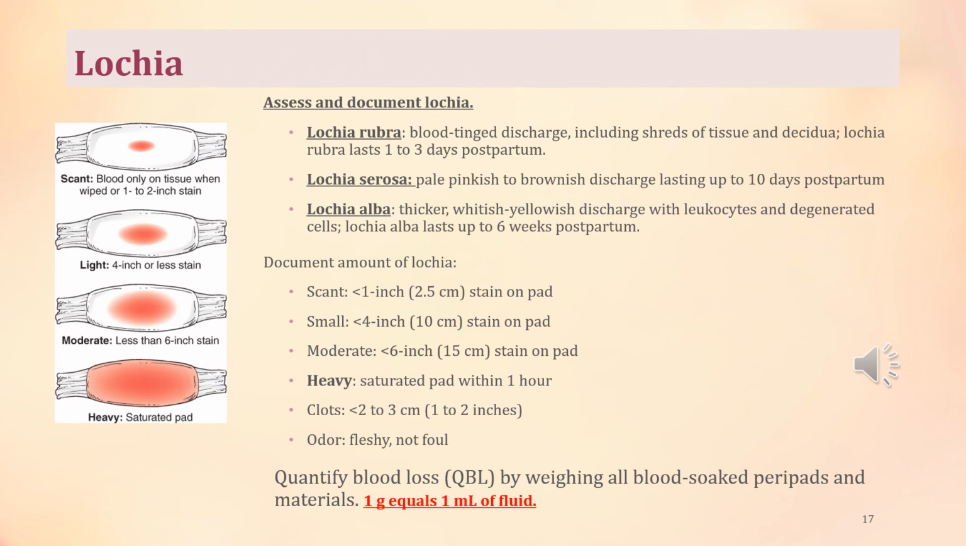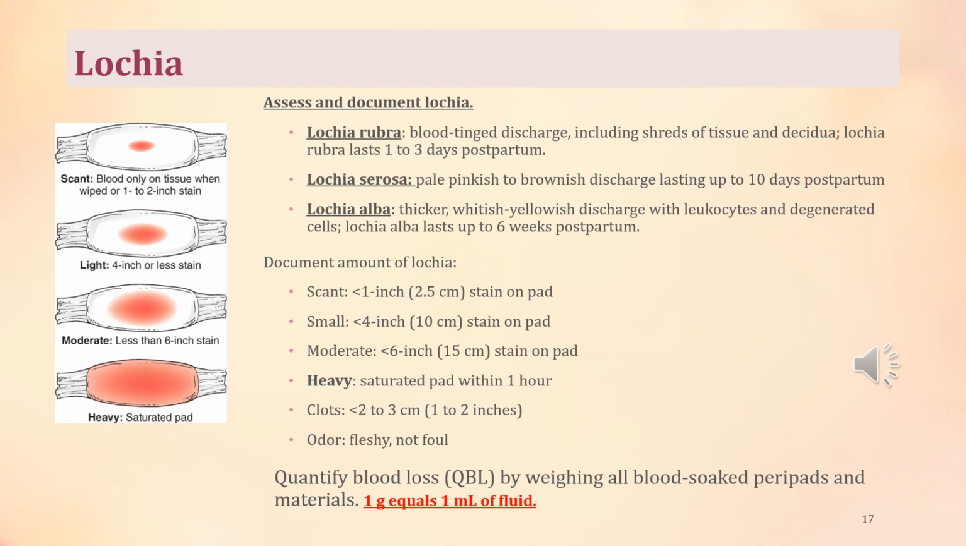Okay, so lochia. What does lochia mean? Lochia is the bleeding, the discharge that you will see coming from the vagina after the patient delivers. Typically your C-section moms, you'll see a little bit of lochia serosa, more color, which is a pinkish or almost diluted looking